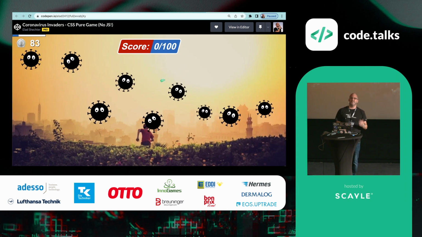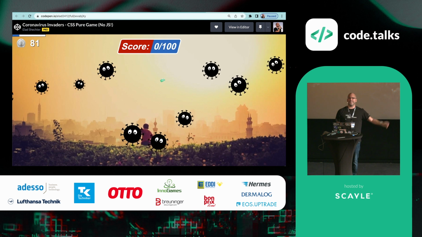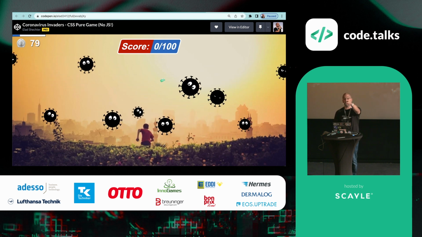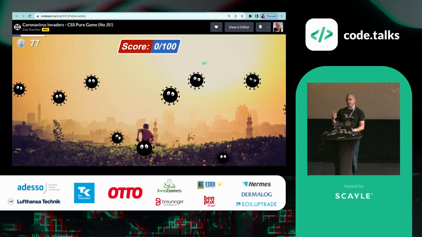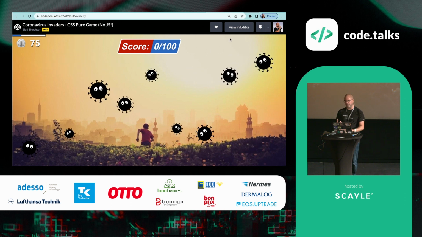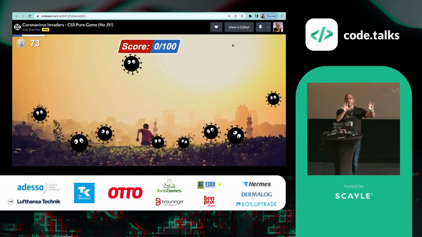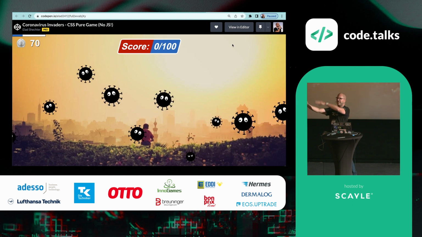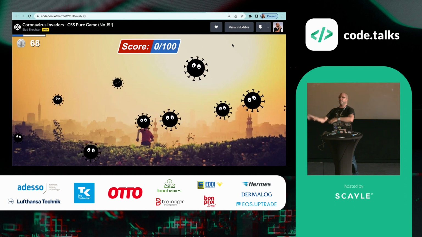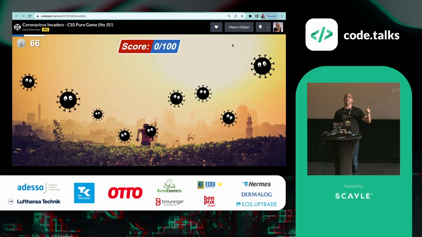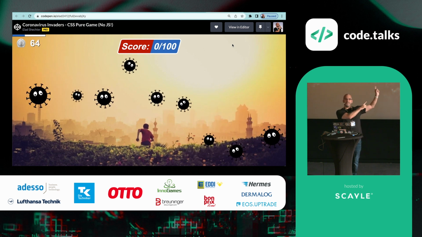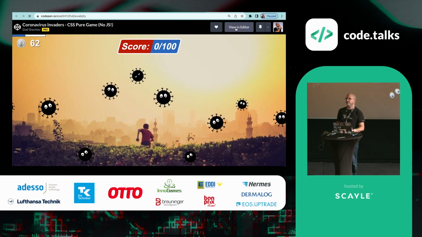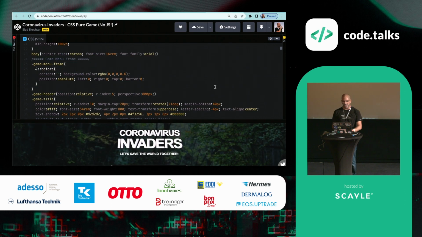But wait a minute. How can you create random stuff only with CSS? You can't, but you can do it with Sass. Because it's a really important example, I want to show you this in the real code of the game. And you need to think about it. If every virus has a different location and it's done with CSS animation, this also means that I needed to create 100 different CSS animations. And of course, I don't want to write them one by one.